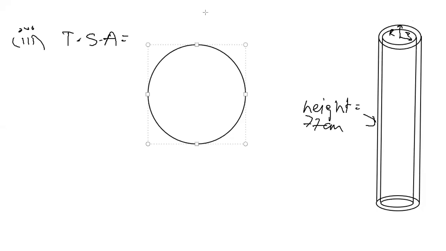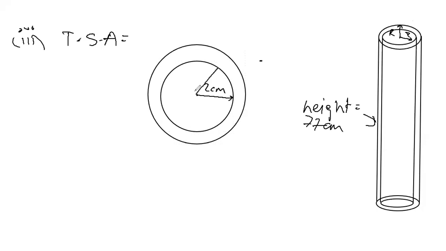So, and finally, the other circle, the small circle, which consists the inner. Okay, so the center is common and the inner radius is 2 centimeter and the outer radius is 2.2 centimeter. And this is the thickness, what I am coloring and shading. That is the thickness of the cylinder.